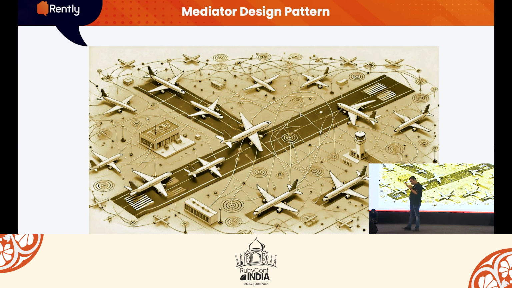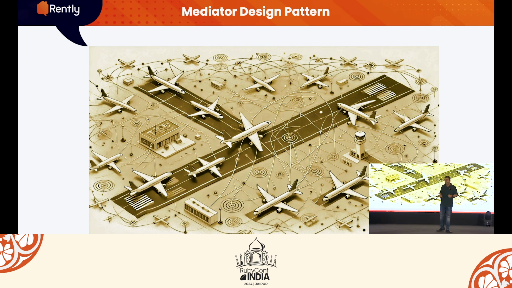In this image, you can assume a new airport is created and ATC is not set up yet, but flights need to operate from this new airport. When the flight count is low, flights can manage direct communication, and based on that communication, they can plan landing or takeoff from a specific runway. But when the number of flights increases, direct communication becomes a big challenge, because it's not one-to-many communication, it's many-to-many. Every flight tries to communicate with other flights before landing or takeoff.